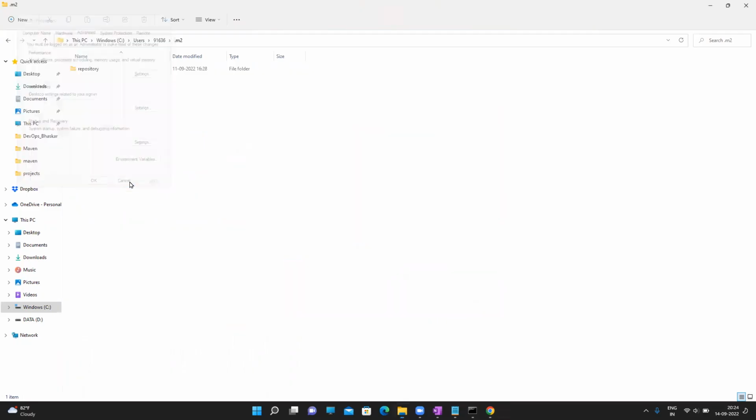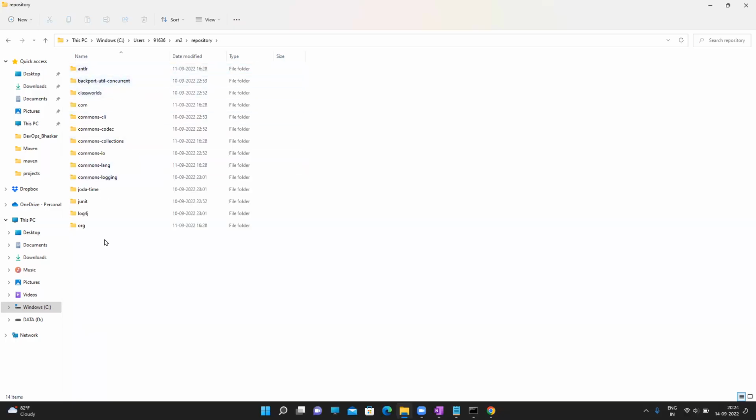This is the location where your local repository will be created under M2. I mean, whichever is related to Maven I'm talking about. The repository will come here. You can see here, within the repository, so ultimately, this is the location where your